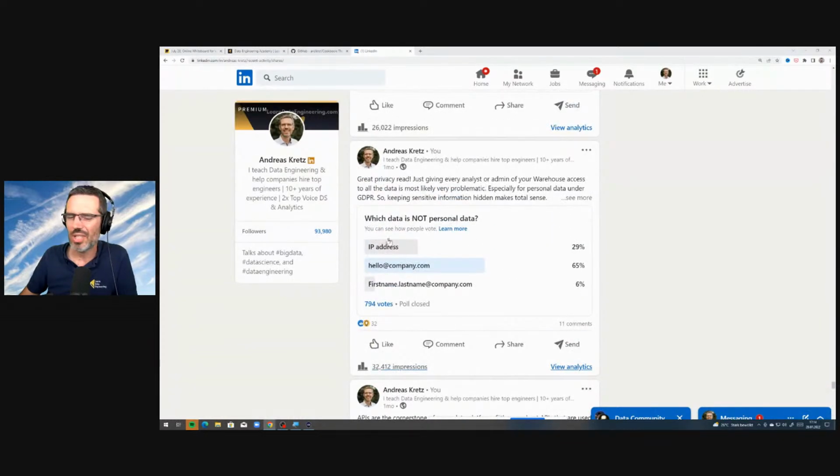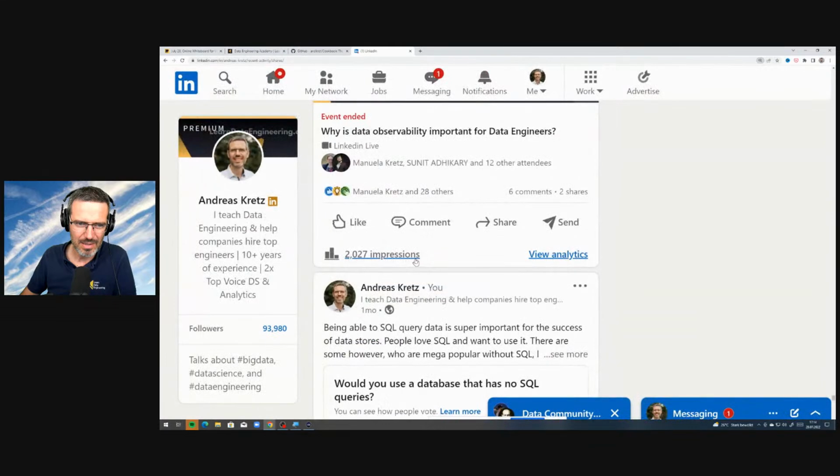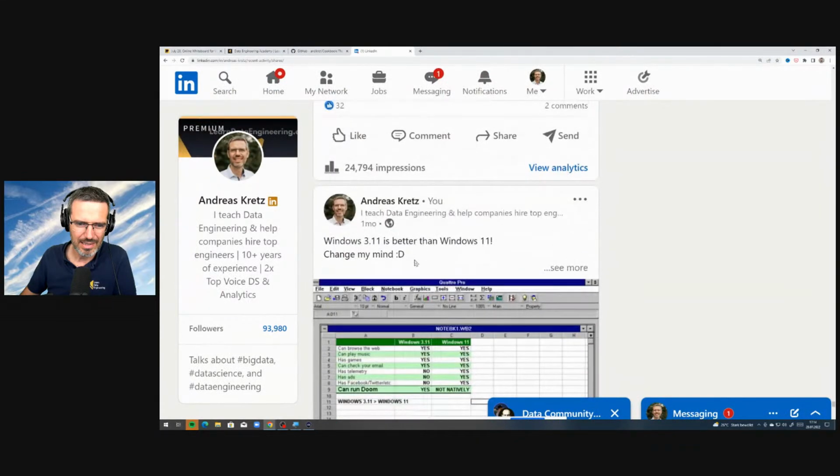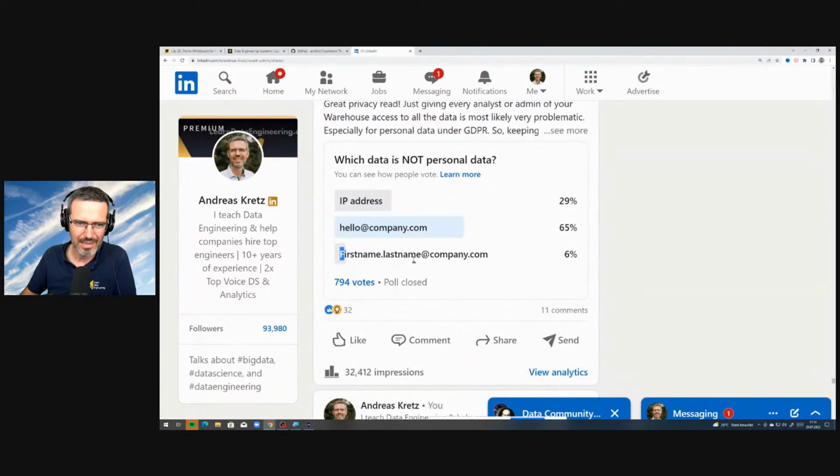Here, which data is not personal data? The IP address, hello@company.com, firstname.lastname@company.com. Interestingly enough, people were saying the IP address.